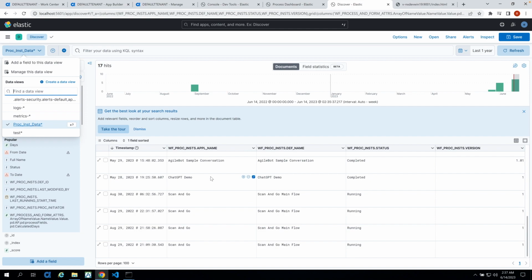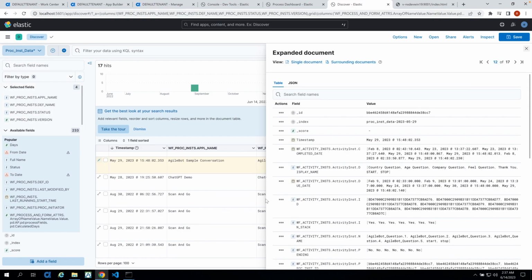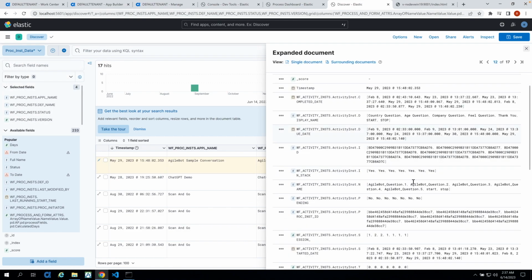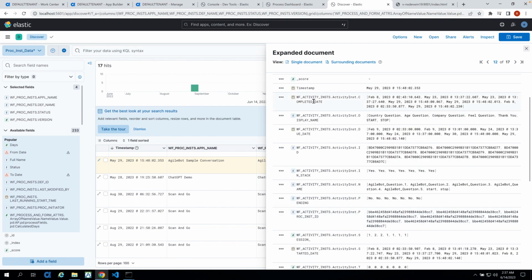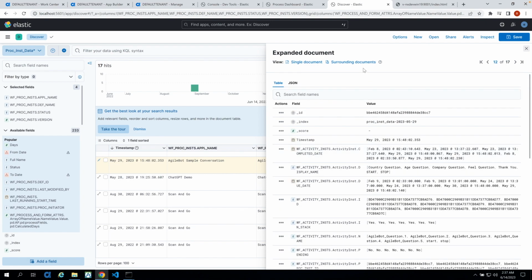And again, you can explore the information. If you'd like to drill into the document itself, you can do that, but it will show it in a more friendly way. It's not the JSON that we've seen before, but each of the properties is broken into its own row with its value, and you can search for specific fields, or you can search them in here, and you can even, as you can see,